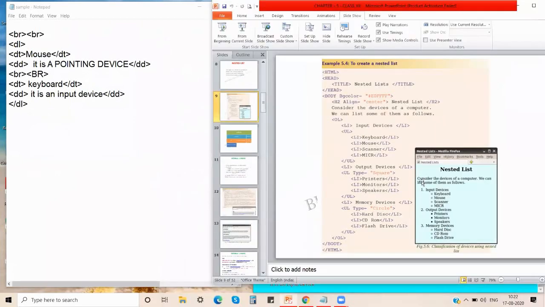So here, like this only, you'll be getting a question. That is, the output will be given for you. This small box over here is the output. This output will be given for you, and then based on this output, you have to understand it very clearly and write out the tags.